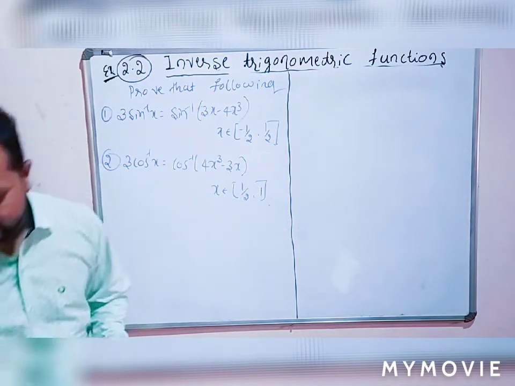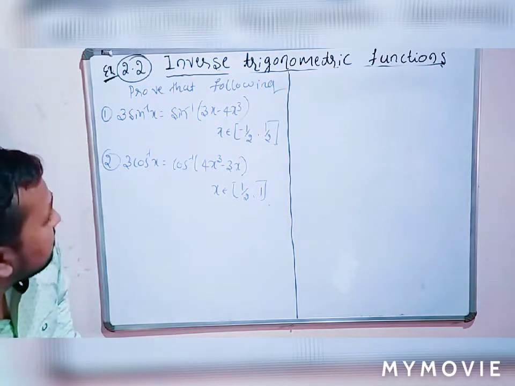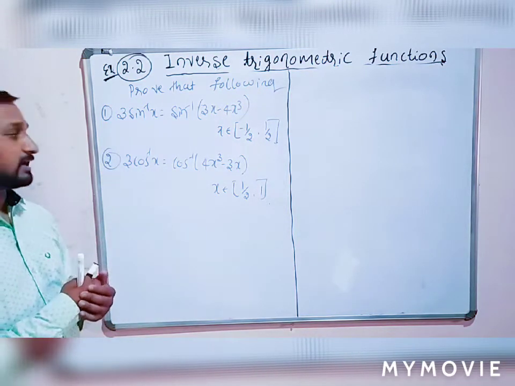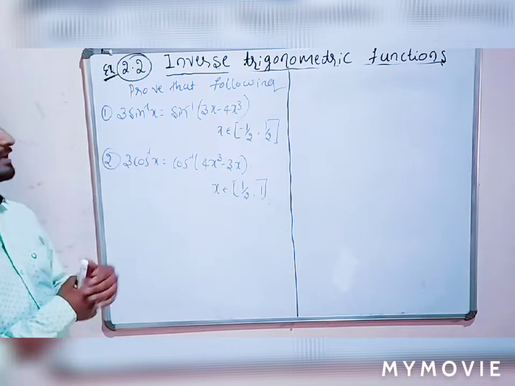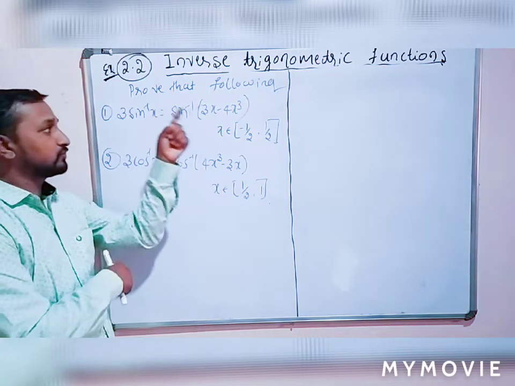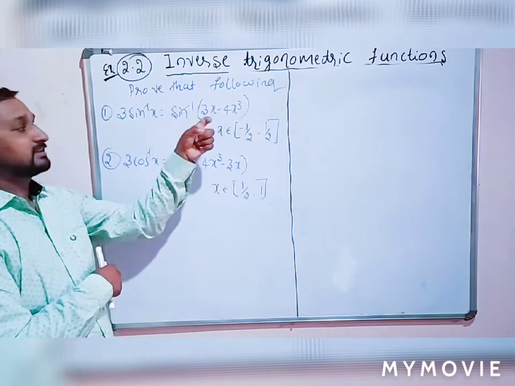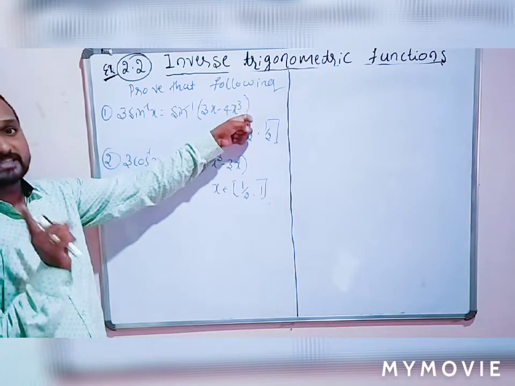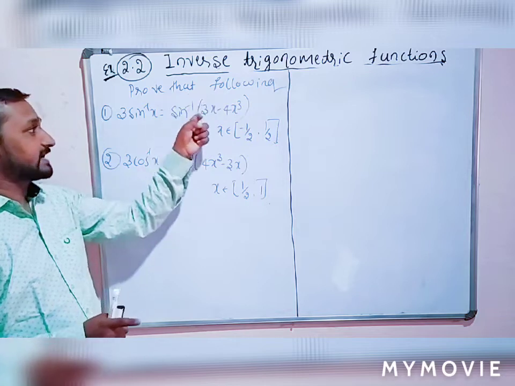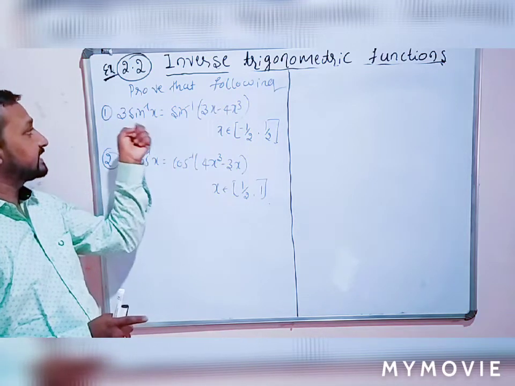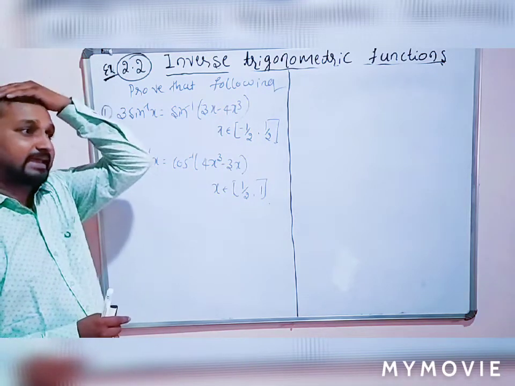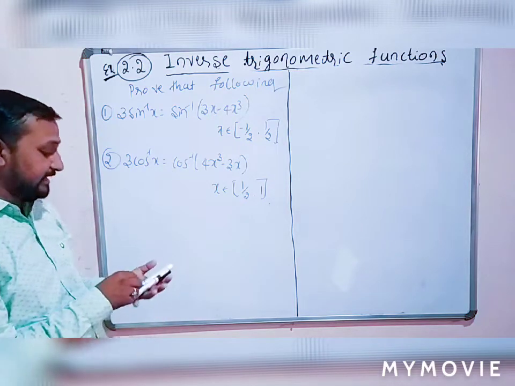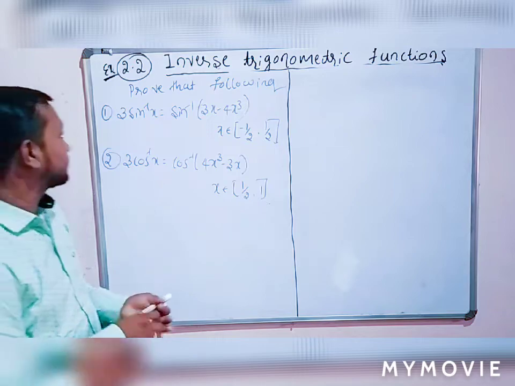These are the same type of examples. To solve, we take the RHS, then use the substitution method. In the first example, we put x equal to sine theta. Then 3 sine theta minus 4 sine cube theta is nothing but sine 3 theta. Sine inverse and sine get cancelled, giving 3 theta, where theta is sine inverse of x. So it is the same as this example. In these two examples, I can solve one example.